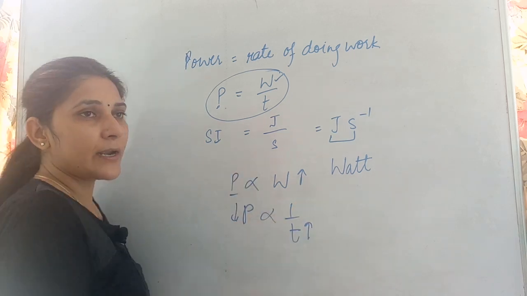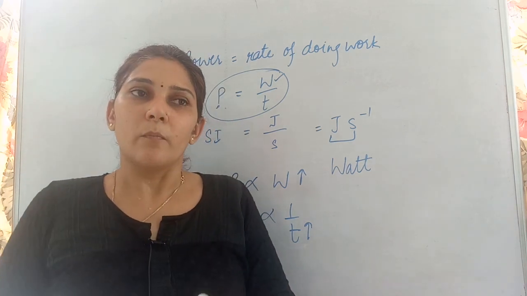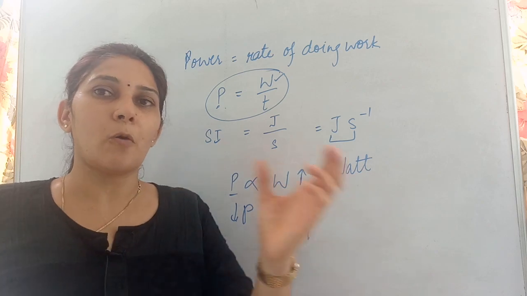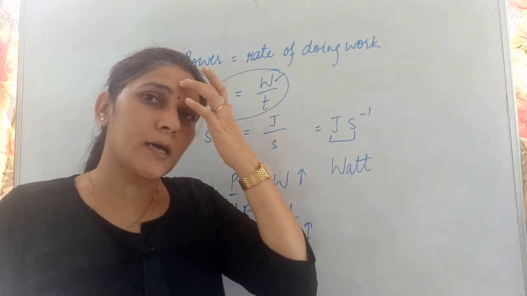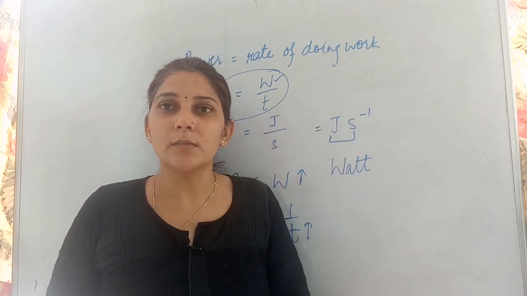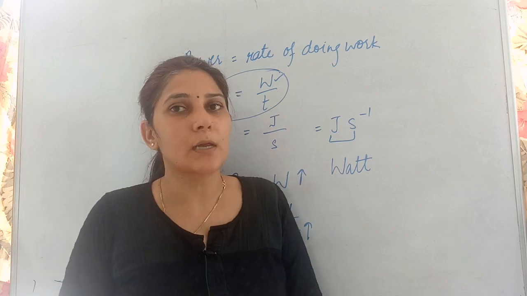So this way you can find out the relation too. They are talking about a few smaller and higher units also. Means how many watt hour is equal to how many joules, how many kilowatt hours is equal to how many joules. That we had done in our 8C exercise. You can watch it there also, or you can revise it from this chapter also. If you face any problem, you can ask anytime.